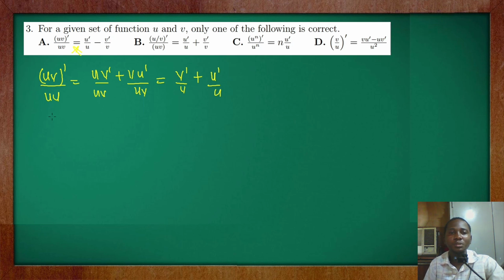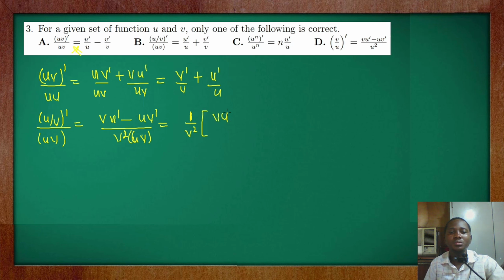Now if you check option B, I have u over v prime all divided by uv. Okay, so here if you apply a quotient rule, that means that you are going to have v u prime minus u v prime, all divided by v squared. And now I have uv, so that means that here I'm going to have 1 over v squared,